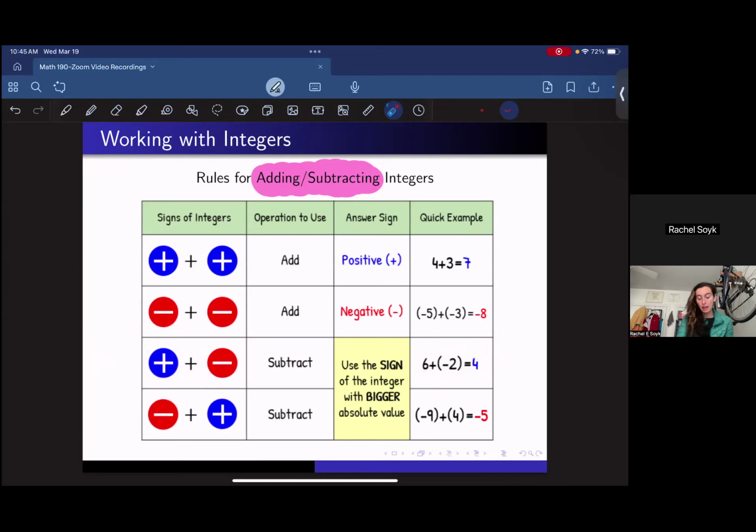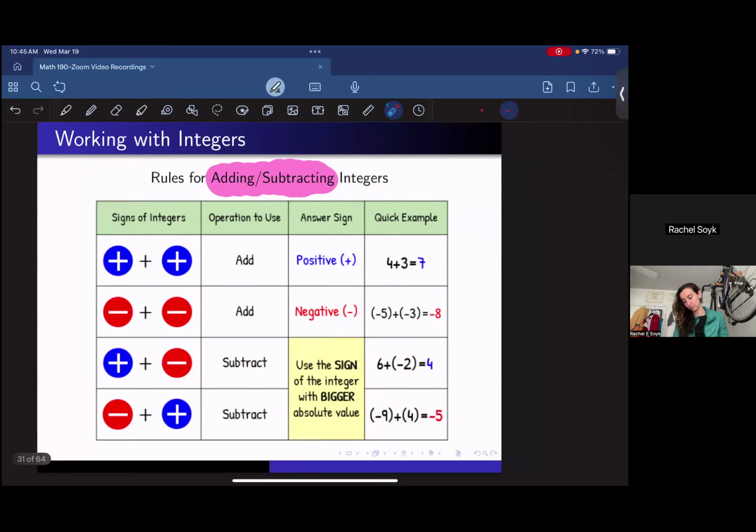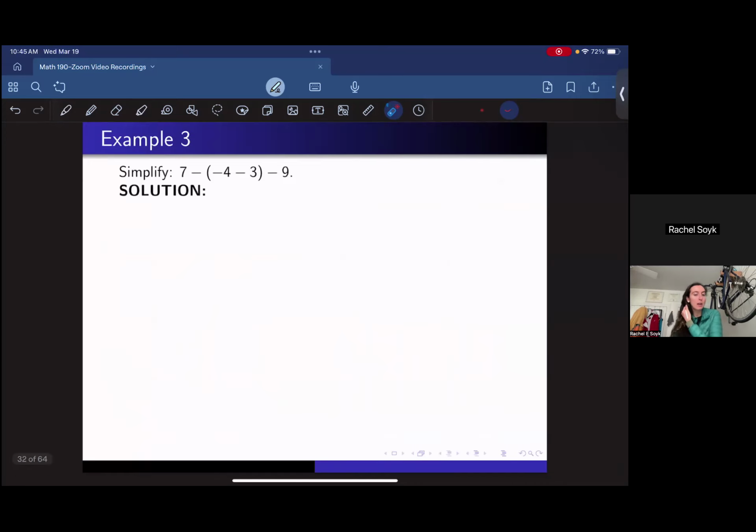And then we have a negative plus a positive. It's the same exact concept. It's just we're involving now our commutative property where we're switching the numbers around. You just want to use the sign of the integer with the bigger absolute value. This is a better way to define it. Take the absolute value and see which one is larger. Okay, so now knowing that,